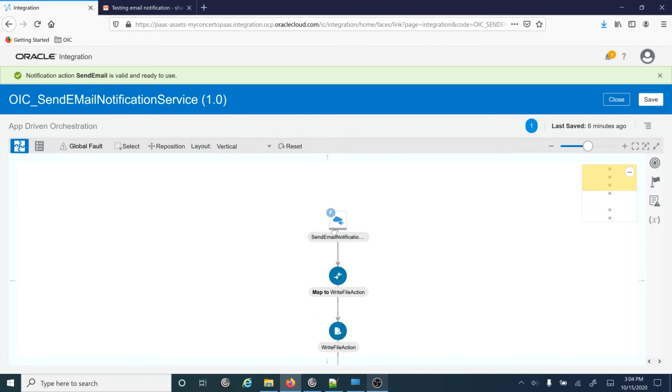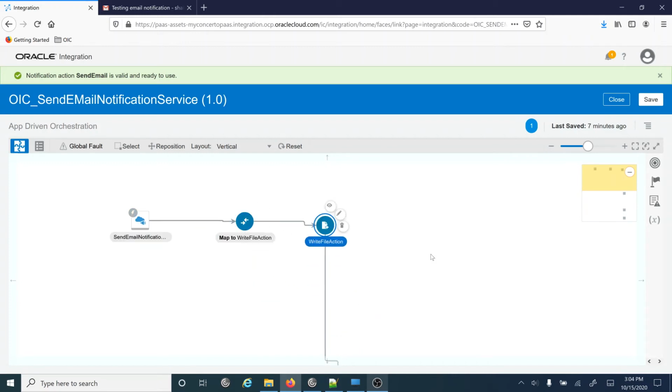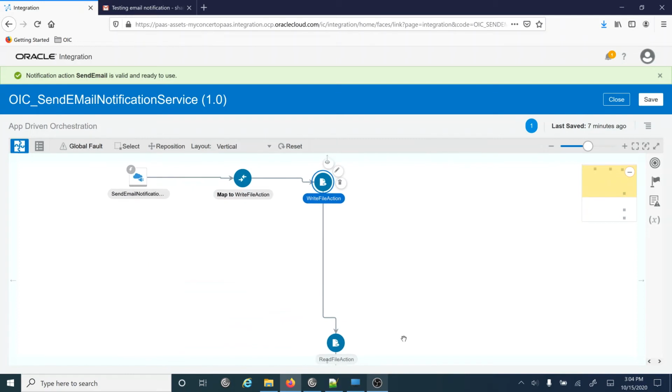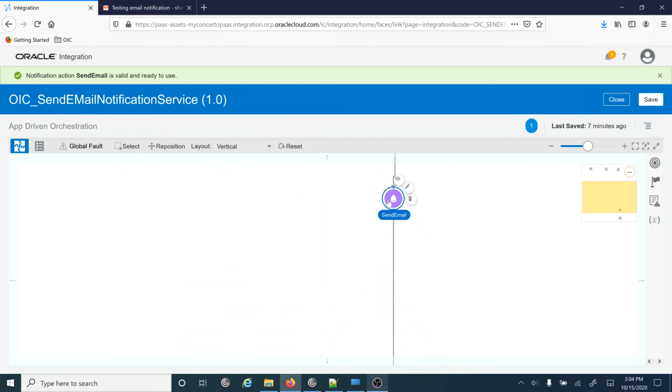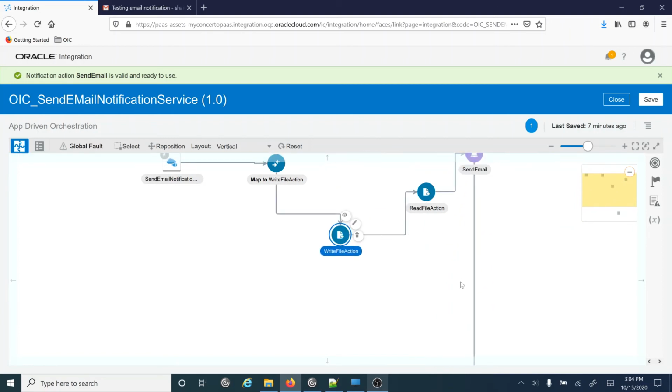So I will arrange the actions just so that all the steps are visible, like this.